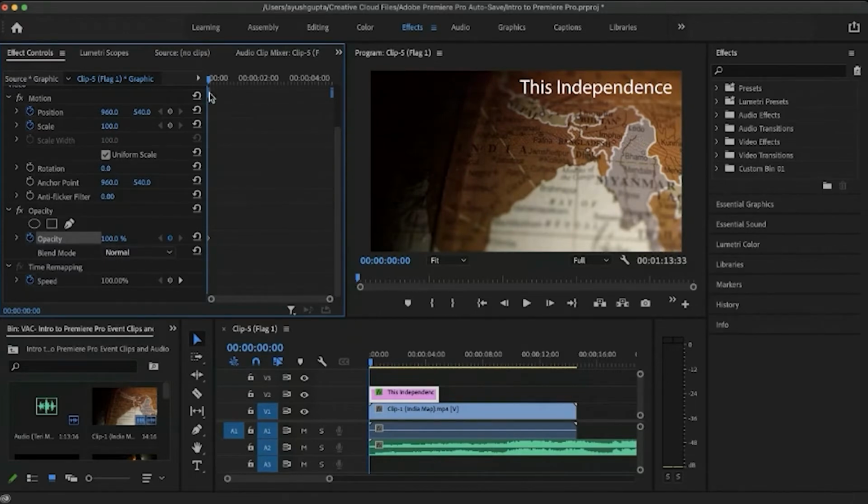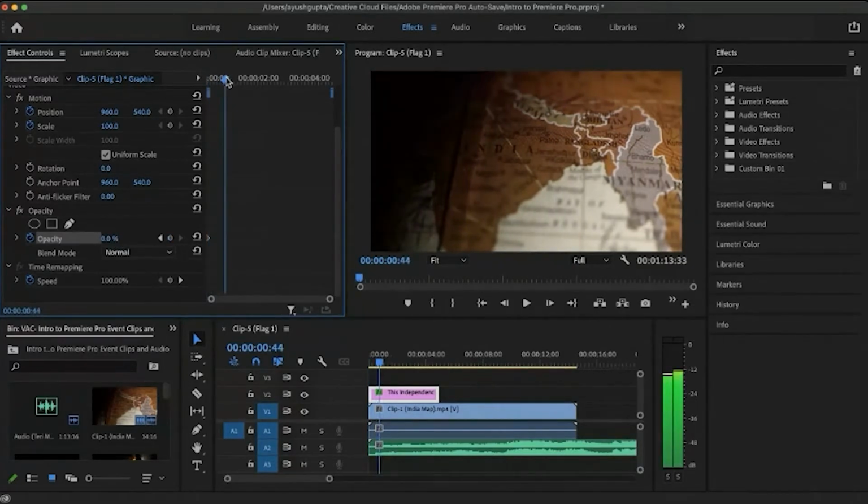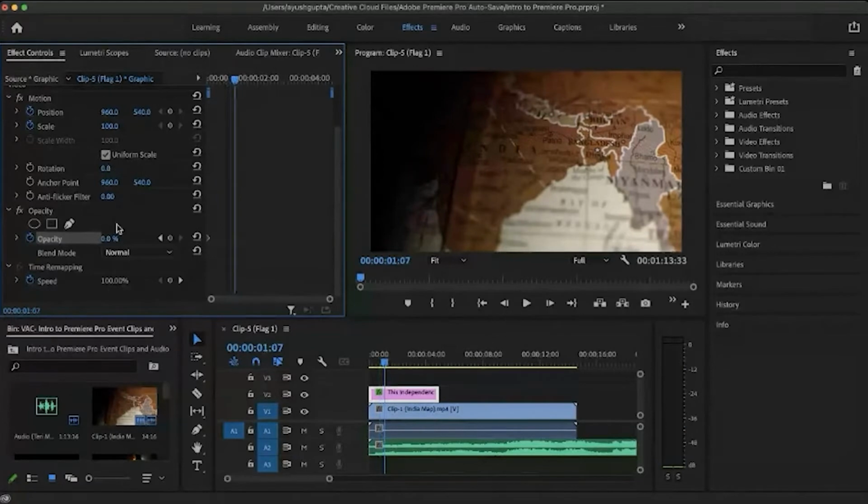At 0, I want it to be of 0 opacity, so as to fade in. Suppose we move it to now 47 milliseconds or like 1 second. Now I want it to be 100% opacity. So I click on this add remove keyframe and I'll increase the opacity to 100%.